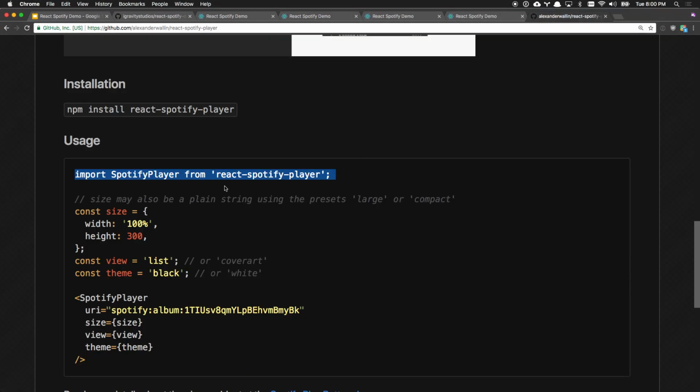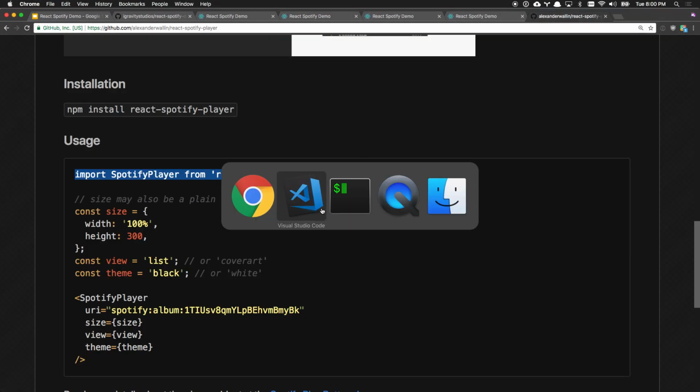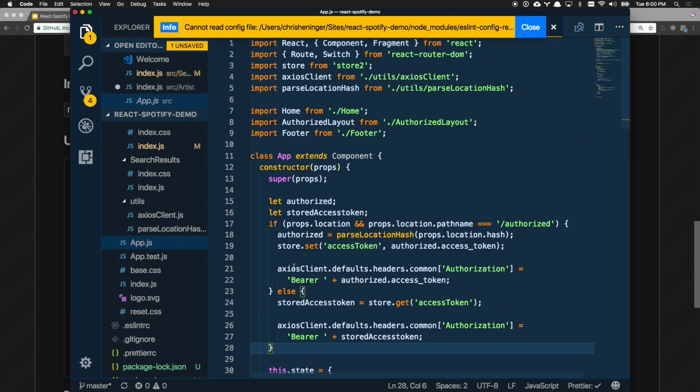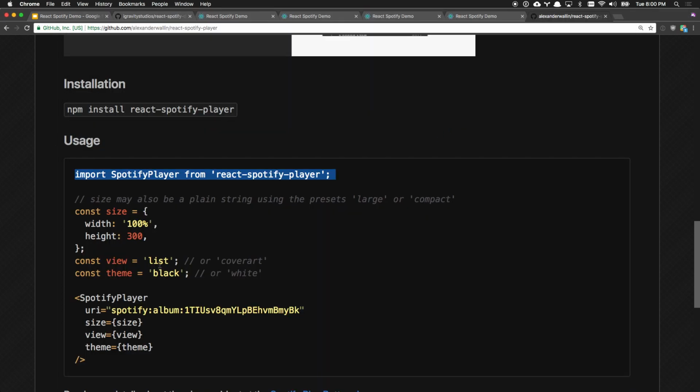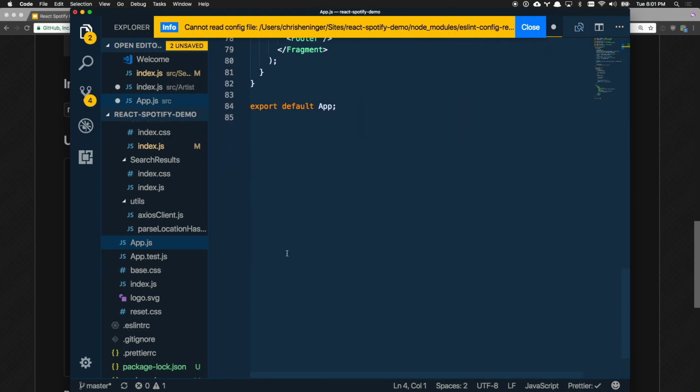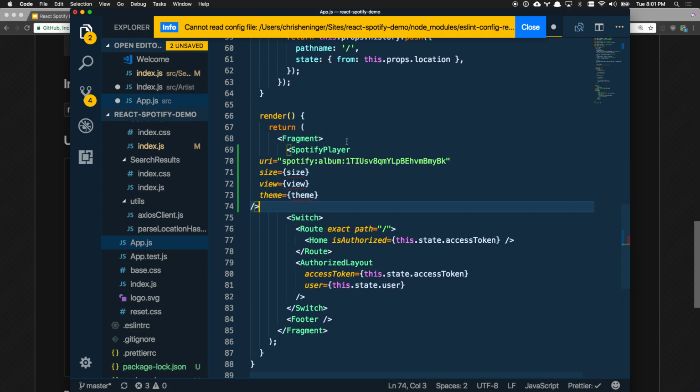We need to import Spotify player from React Spotify player. So I'm going to do this at the very top level of our app, since if we're listening to music, we want it to be available no matter what page we're on. Even if we head back up to the search, we still want our player to be on the page. If we did it down the tree, then as we navigated back up, it would be removed. So import Spotify player from React, and then we'll go and grab their Spotify player. We'll put it above everything else,